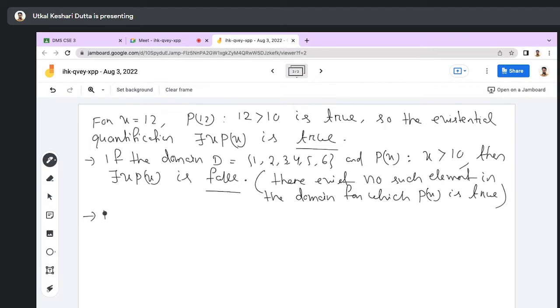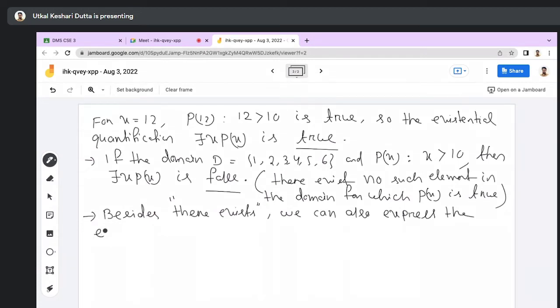That means besides using there exists, we can also express the existential quantification statements in other ways,